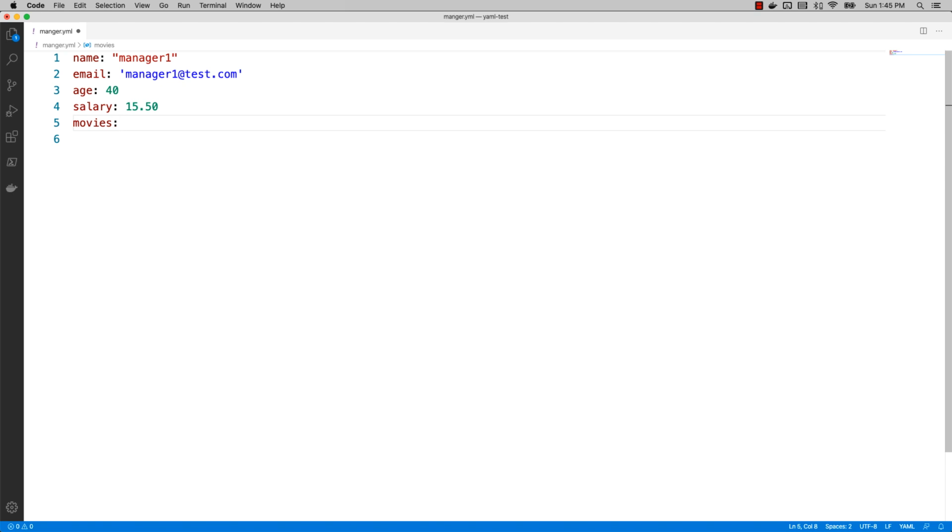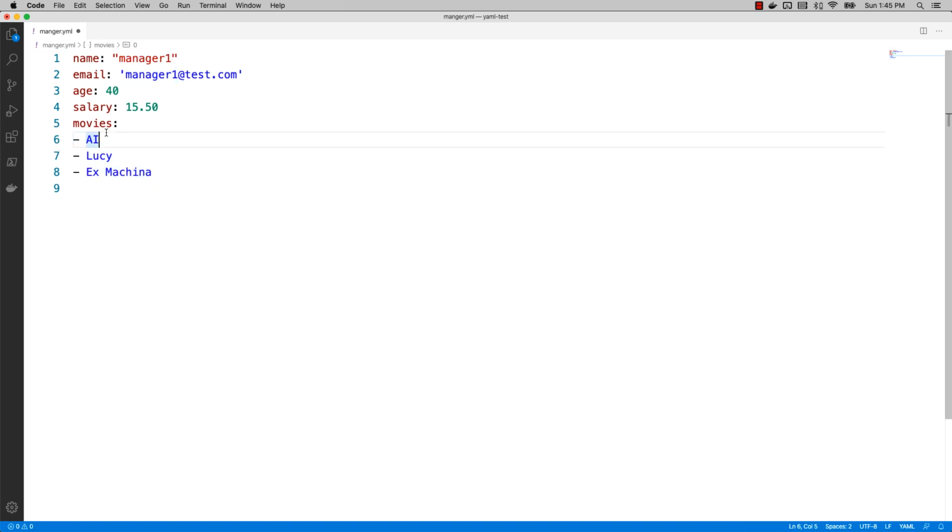The person watches too many movies, so he likes movies, and if I look at that, this is a key, and inside this key I have the list of movies. For example, this person likes AI, artificial intelligence, one of the nice movies. Another one which I like most is Lucy, Scarlett Johansson. Another one, maybe I can say Ex Machina, another very nice movie you can watch. So the person, manager 1, is the manager and he likes those movies.